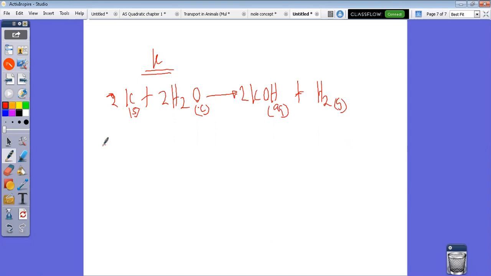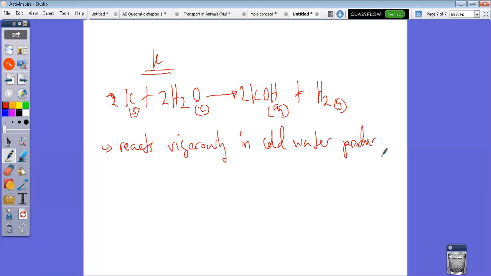Now we said it reacts, like what he said, it reacts vigorously in cold water, producing